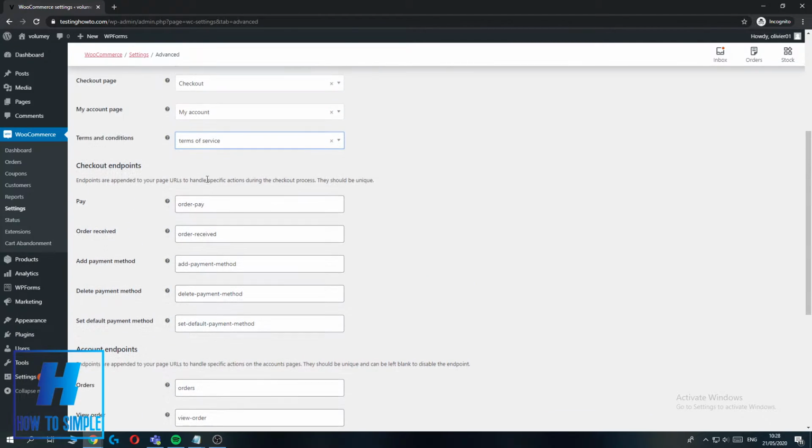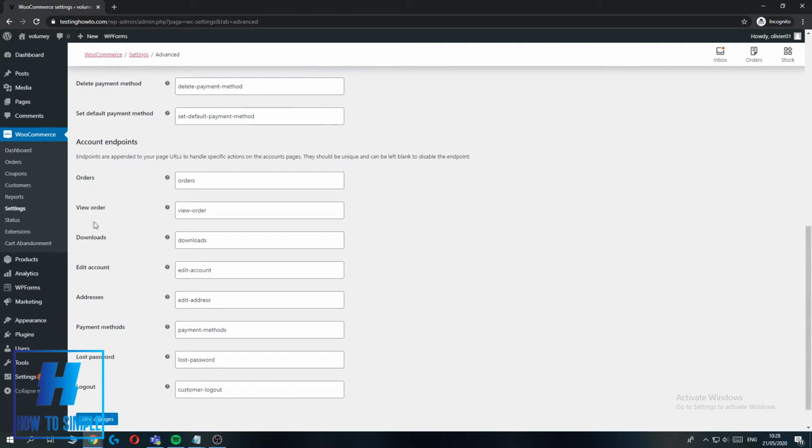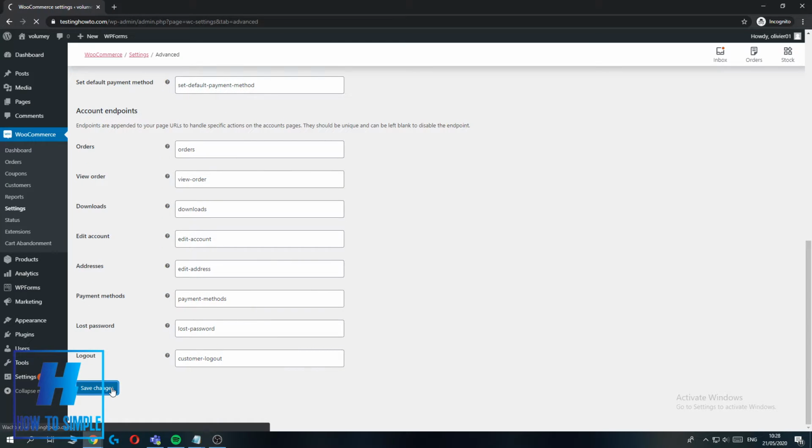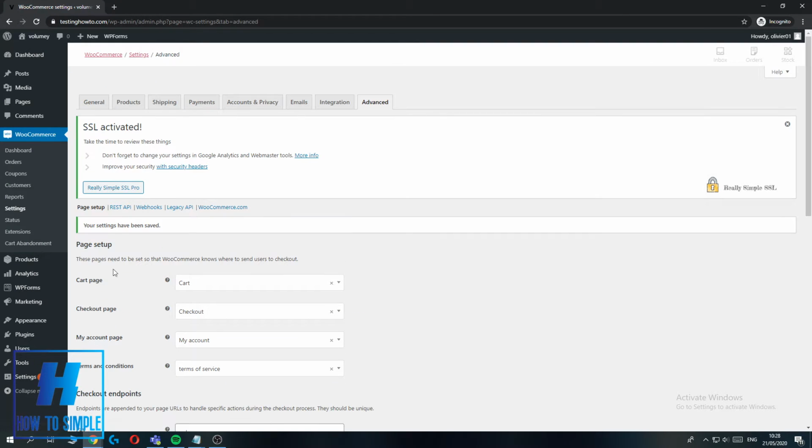Then go down and then you can customize this. Personally, I would just leave it like this. Just pay is order pay, order received. This is just all fine. And also leave this. So then you can hit save changes. And then you can go to your website. So hit visit site